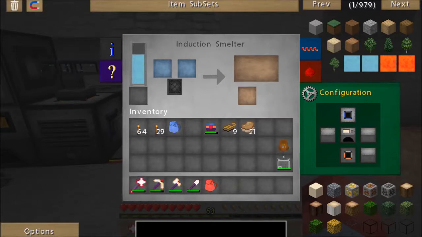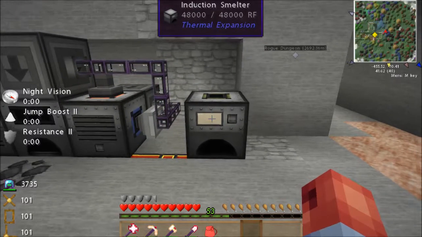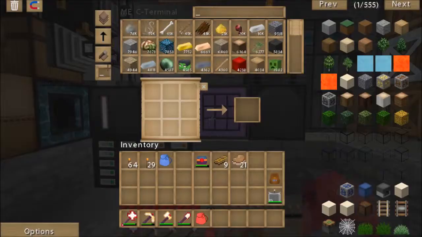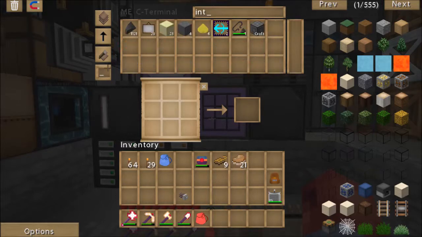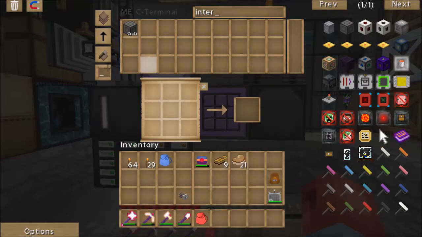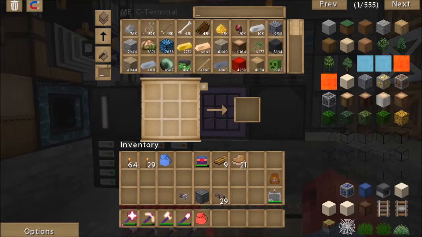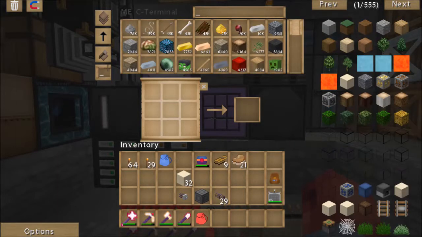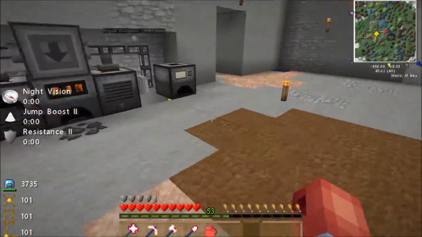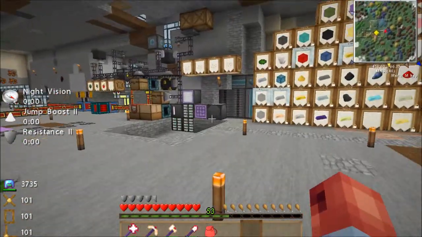And actually, now that I'm thinking about this, do I want that to be the case? Yes. So what we're going to do is have two different inputs on that. So we're going to need an export bus. Sure, a fuzzy one. And we're going to need an interface. So let's craft one of those. We're going to need some cable. There's some of that. We're going to need some sand. Okay, there's some sand. Anything else? No, it's already got redstone. And I believe I've already got the... Oh, I don't have that. Let's see, I'm going to need the...